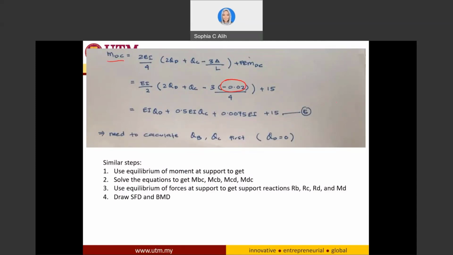Everything is the same. After you have calculated all the equations, you need to calculate the value of theta B and theta C first. And theta D is still 0 because you have a fixed end. Then